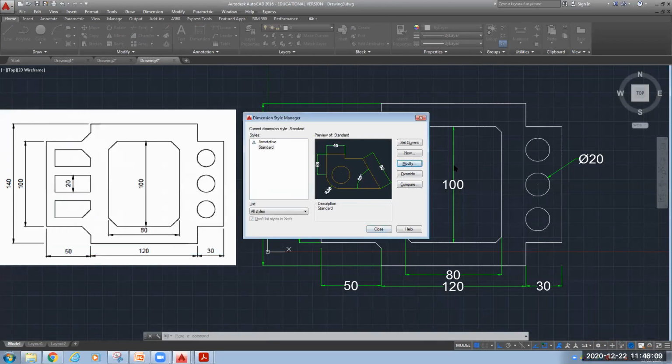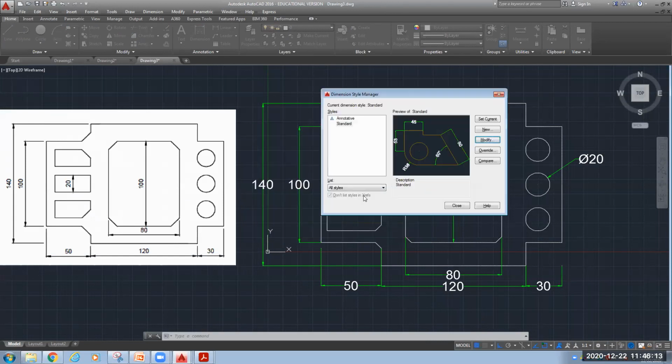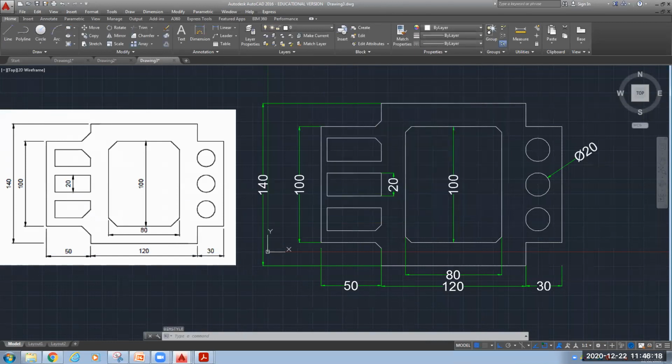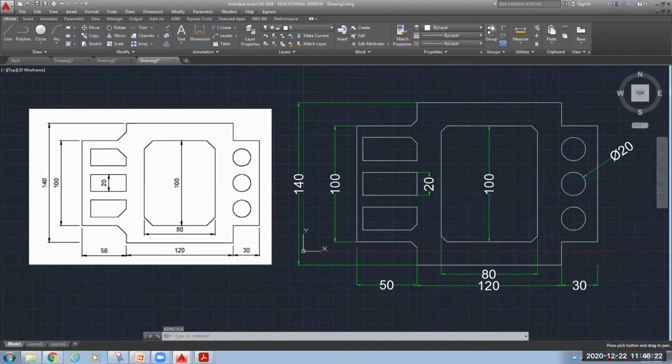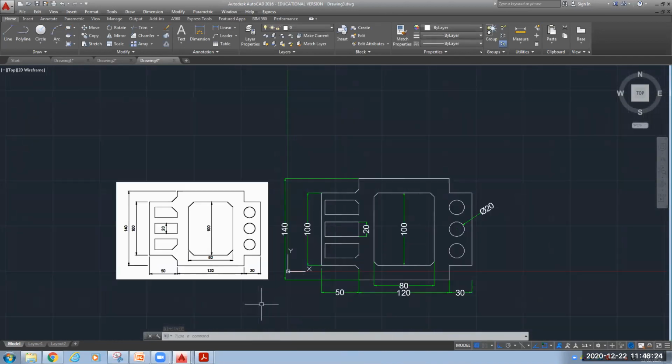Now you observe what is going to change at this location and at this location. Now let's close. So this is what you will get in your diagram.